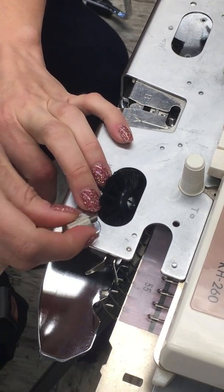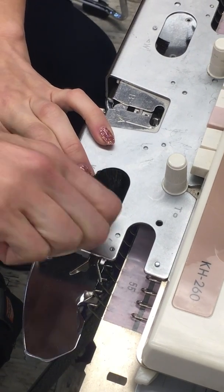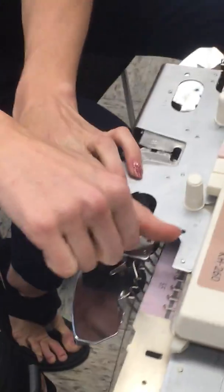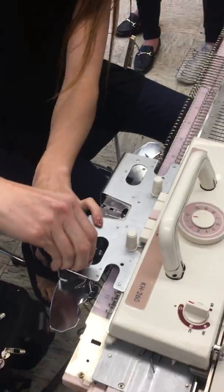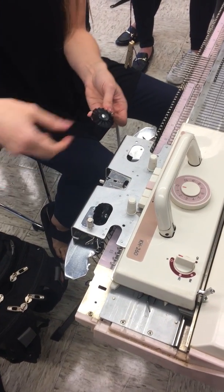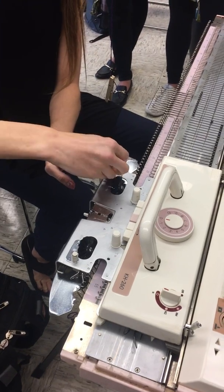So this is why this is not going to be your go-to if you're using a bulky and you're really... Darn it, grab that for me, thanks. Thank you. This is not going to be your go-to because you're going to have to do this for one pass, right? So the only